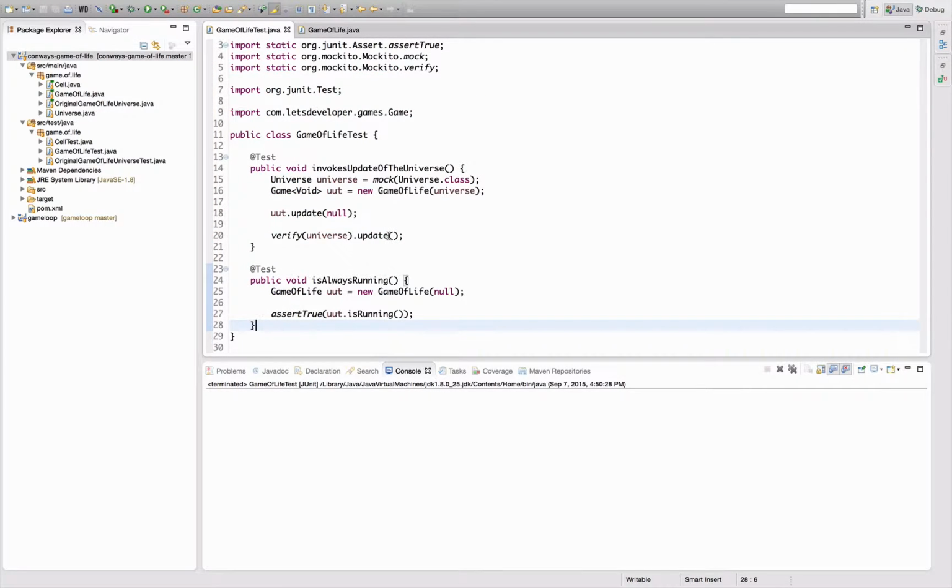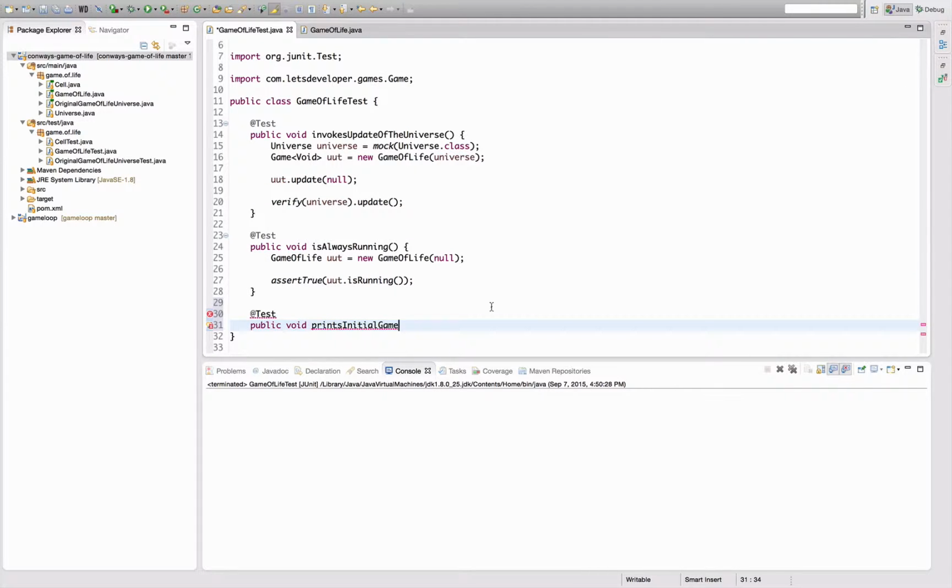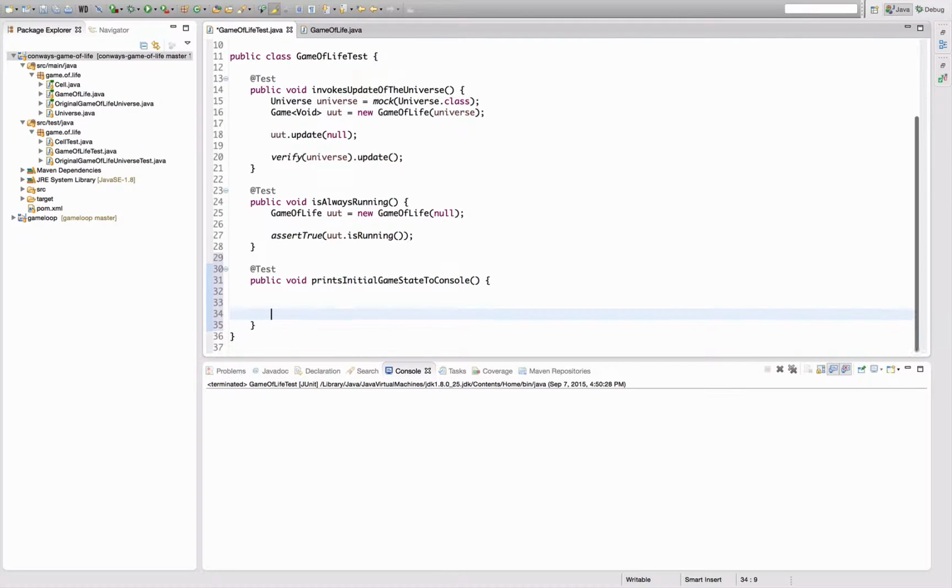So let's start writing some tests for that. A new test, public void prints initial game state to console. In the end, I want to assert that the output equals some string, and this string, I'm going to choose a very small size for my universe, looks something like this. So I have, let's say, 3 times 3 fields in my universe. So the output should be,